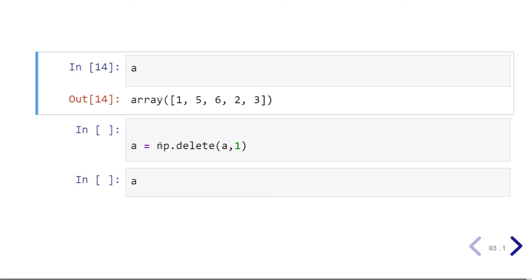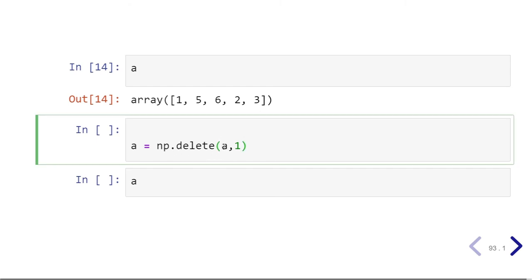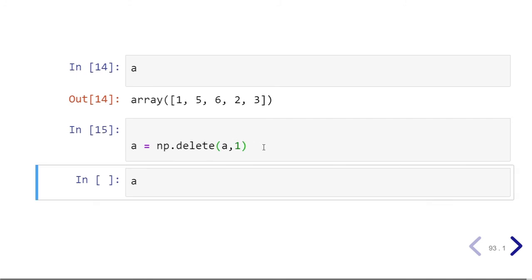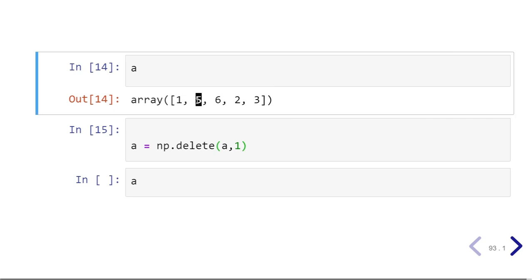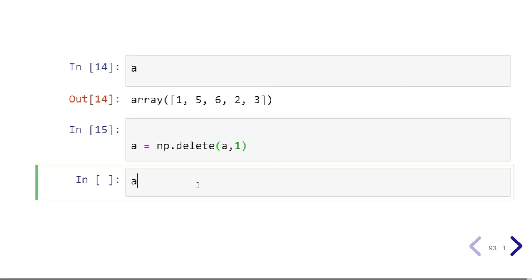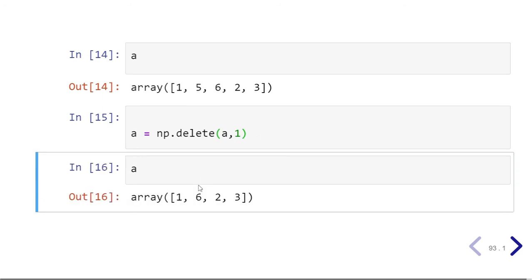We are deleting from A the element at index position 1, which is 5. So 5 will be deleted from this NumPy array and the result will contain 1 6 2 3. Click on the cell and run the cell. We get the output as 1 6 2 3.